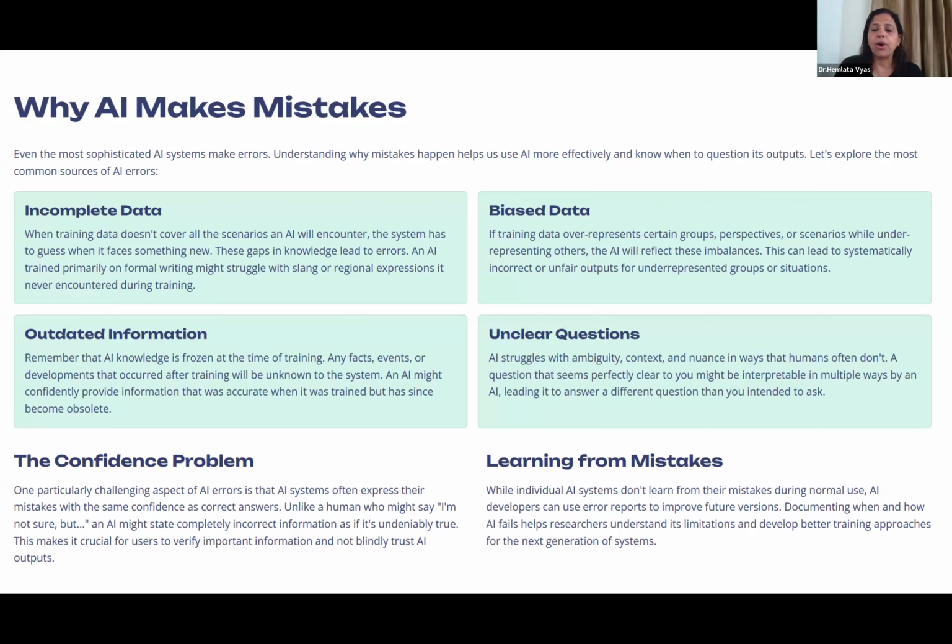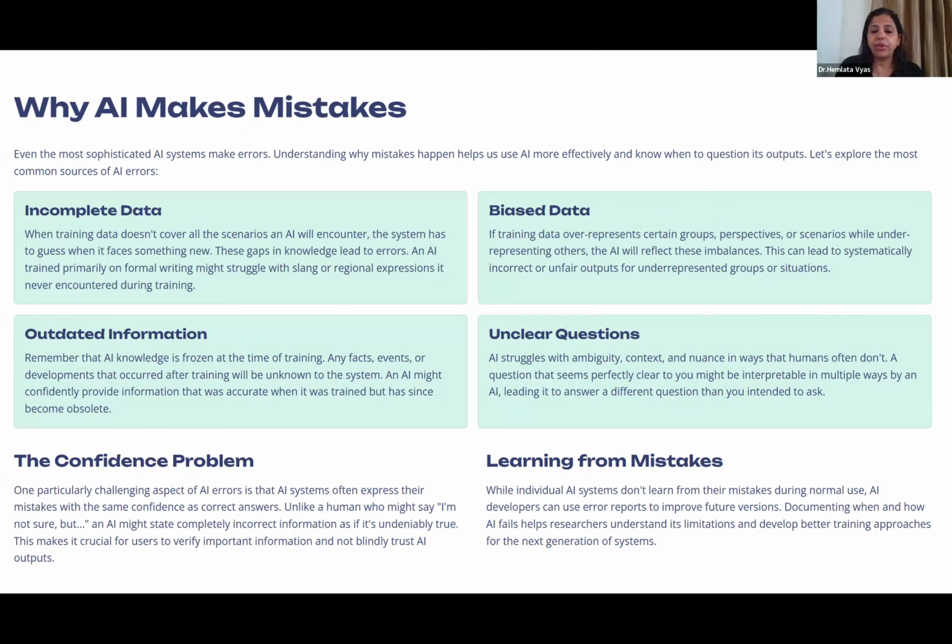Then there is biased data, as we just spoke about. Once an AI model was trained in the US on all white people, and when a brown or black person's image was shown to it, it could not recognize it because the model had never been trained on such characteristics or features. That brings the bias. So whenever we train the AI model, we have to ensure that the data contains total representation.